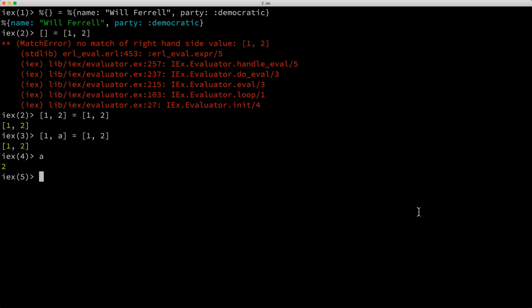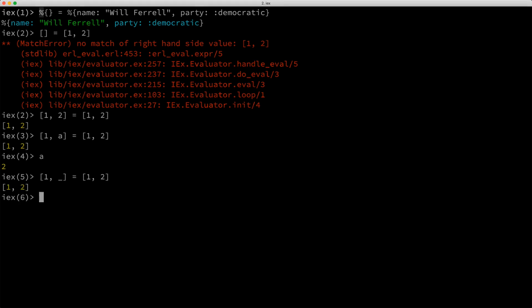All right, that's easy enough, but let me clarify something. This works well if I really wanted to bind value to the variable a so I could use it, but what if I just didn't care about the second element and I don't want to bind its value to a variable? To handle this scenario, we'll use a special character. Instead of the a, we'll use the underscore. You can think of the underscore as a way of saying, hey Elixir, I expect something to be here in the second element, but I don't care what it is and I don't plan on using it.